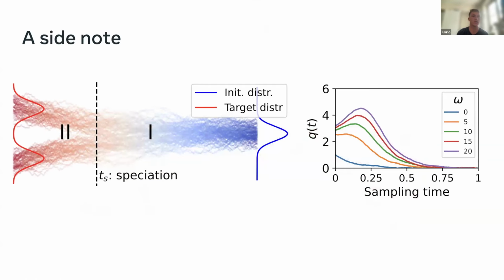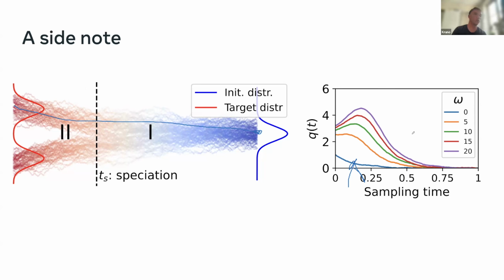Just a little side note, because I'm going to be using this plot quite a lot. What I'll be showing here is, for example, if we start a lot of processes which start from, let's say, somewhere here, and you condition on this bump here, you're going to have a lot of paths. And as you keep running these paths, they're going to look something like this. And these are going to be the paths corresponding to a class conditional but not guided diffusion model. And once I average them, they're going to correspond to this blue line here.